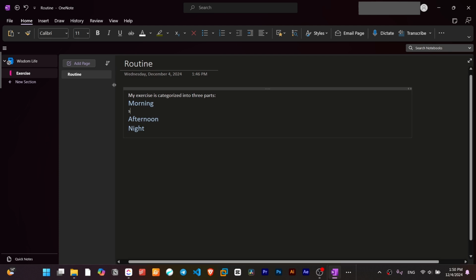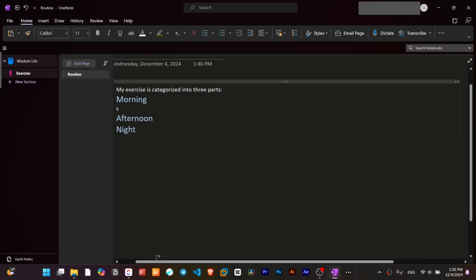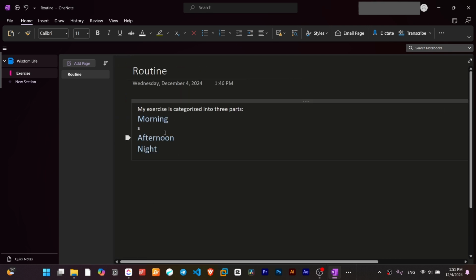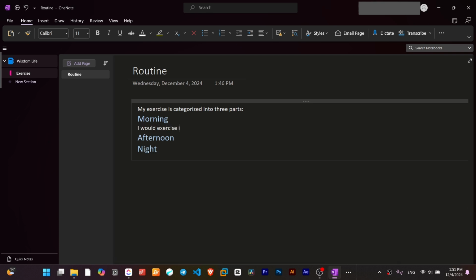So I just zoom in by using Control and the wheel of the mouse. I'm using those in order to zoom in to have a better sight. So here I like to say I would exercise in the morning for 15 minutes. That includes,